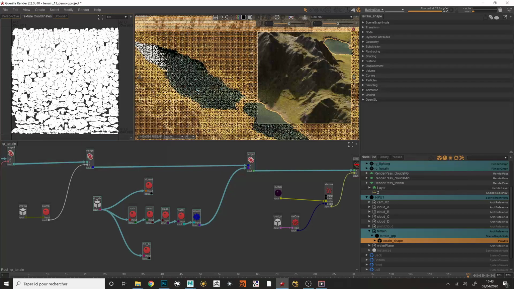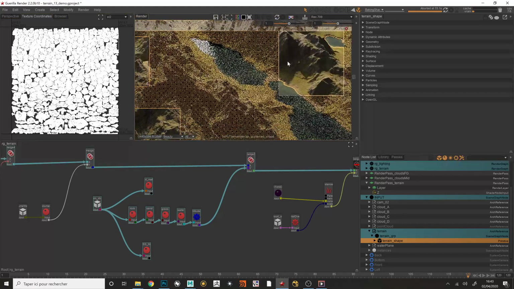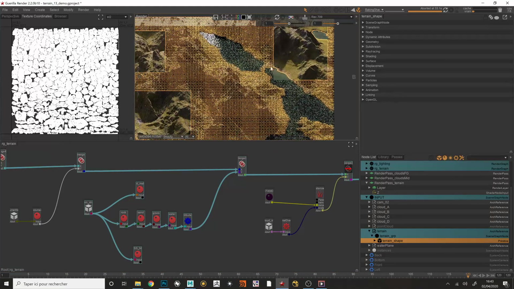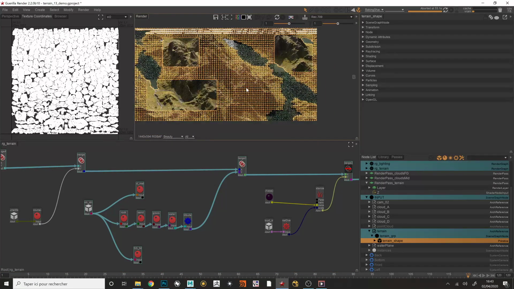I feel like the unwrap is not very powerful yet in Houdini. It makes a lot of strange overlapping if you don't split the terrain enough. So here it's kind of too much fracture for what I like, but I had too many points actually to make a proper UV unwrap at this point. Maybe I could do a retopo of this terrain, do the UVs on the proper terrain, then go up and make a decimation master, but it was a bit complex, so I preferred to do it like that at the time. But what I'm going to show now is that in Guerilla you can easily use procedural shaders and